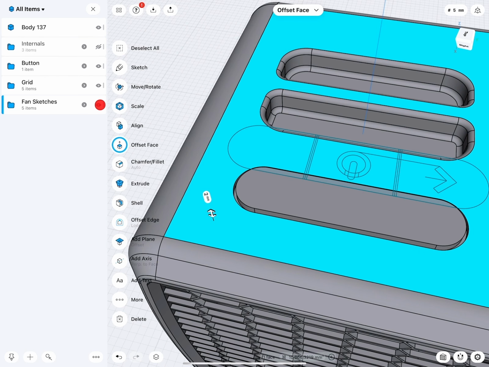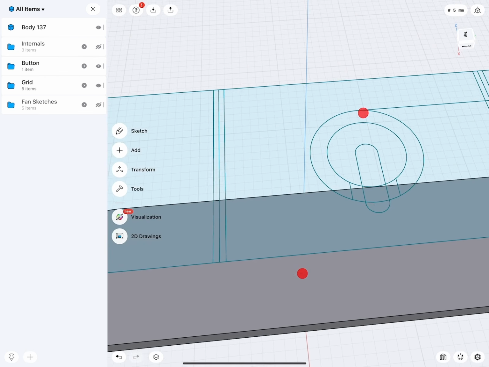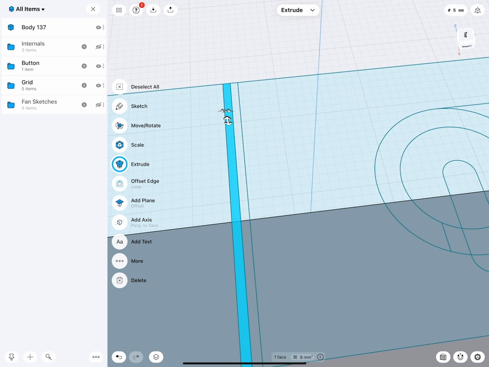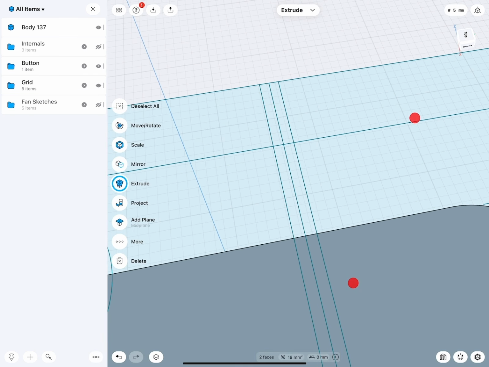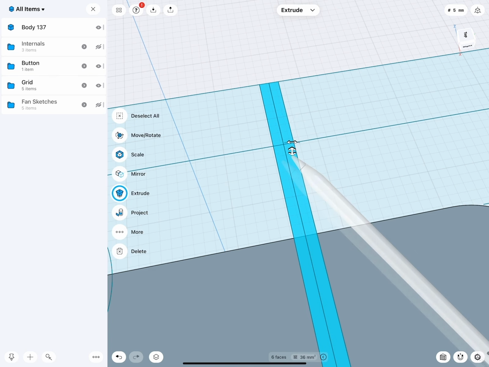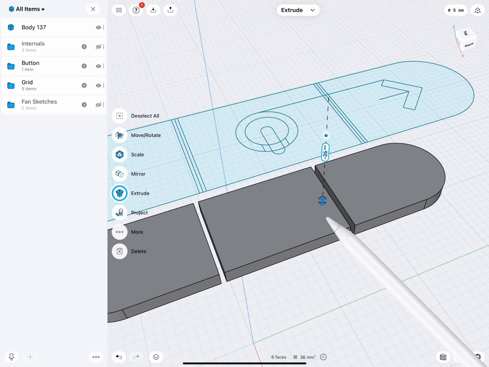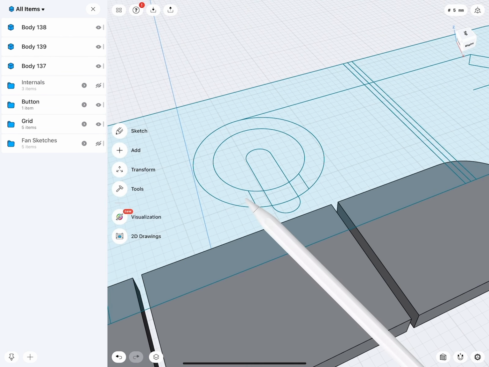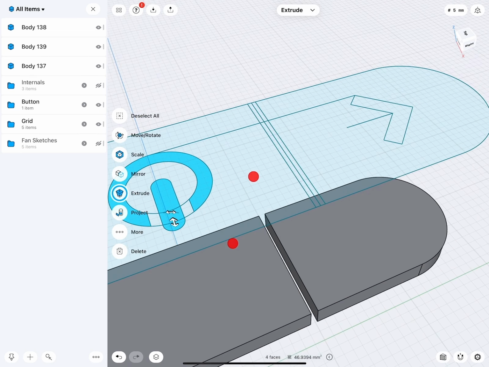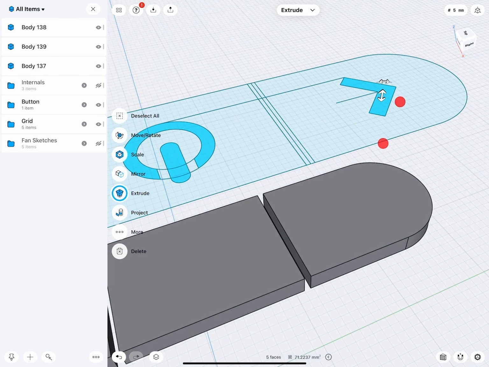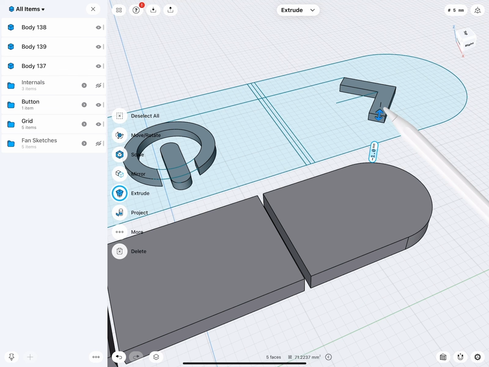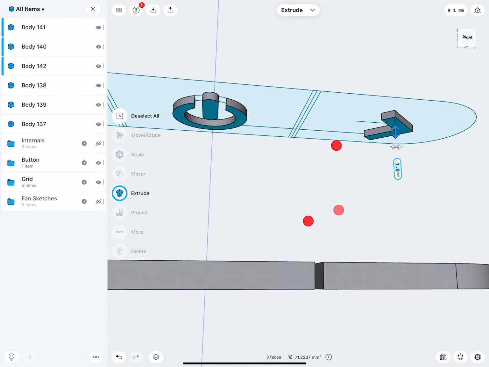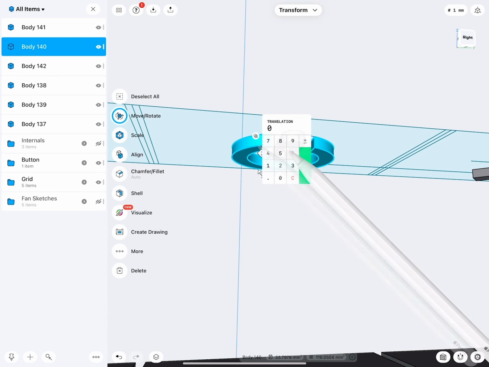I will go and hide this because I have these elements here. I can select, extrude, and cut. Now I have 3 buttons. So you see, I use very smart modeling steps how I kind of like cut down my work. Also here we do the same, 1 millimeter. We move this one down, and